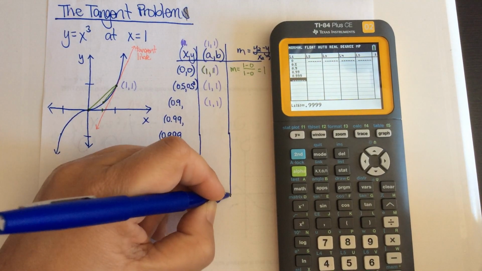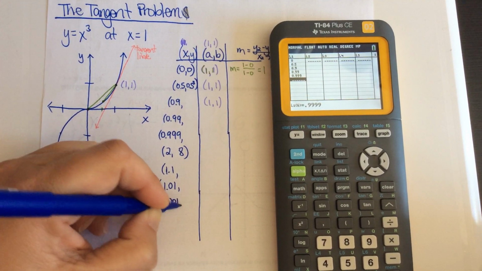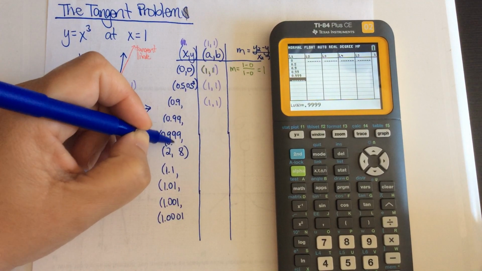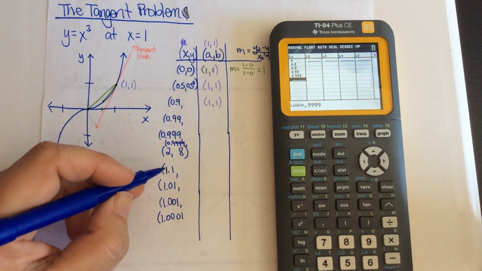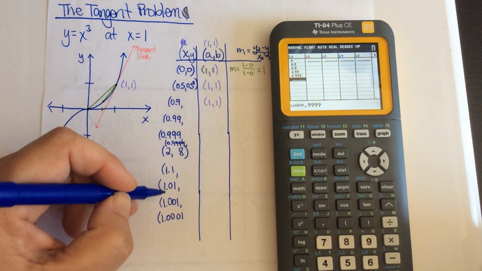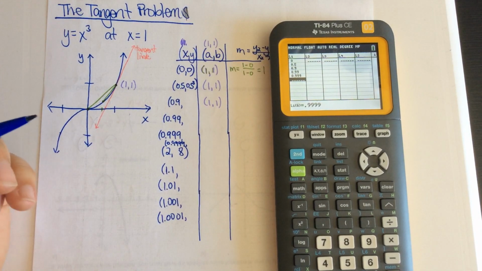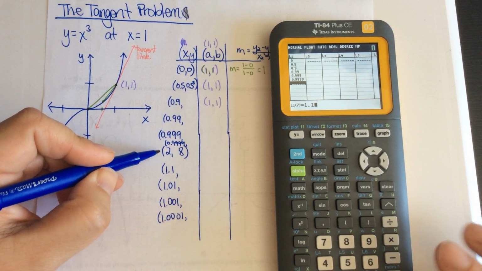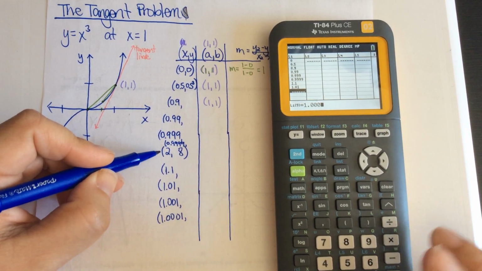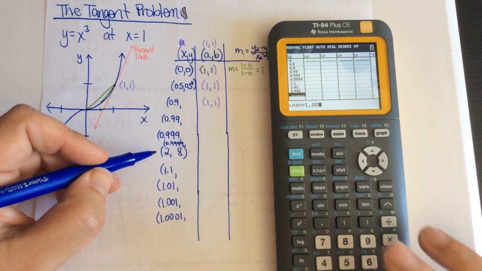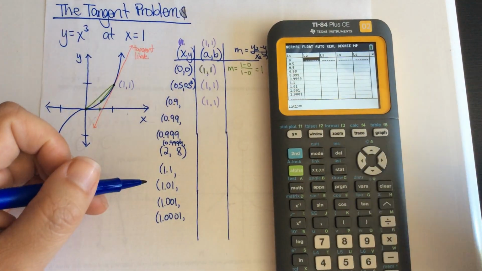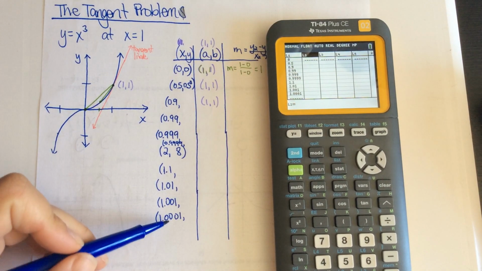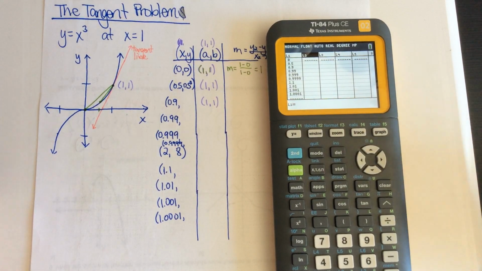Really stinking close is what I always say when I'm teaching calculus. Limits aren't about just being kind of close. They're about being really stinking close. Oh, darn it, I didn't put in that one. So I've got 1, 2, 3, 4, 1, 2, 3, 4. I should be good there. Again, I don't need to calculate the y values because my calculator is going to do that for me. So I'm going to put in the 2 and the 1.1 and the 1.01 and the 1.001 and the 1.0001. Now I'm going to use the calculator to calculate all of these things for me. Could I very easily cube all of these x values? Yes, absolutely, I totally could cube all